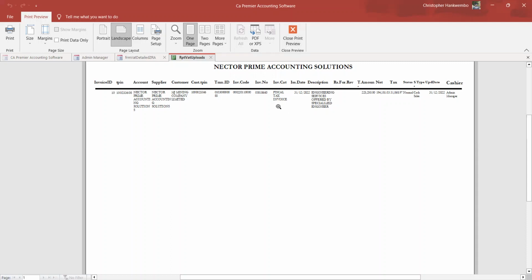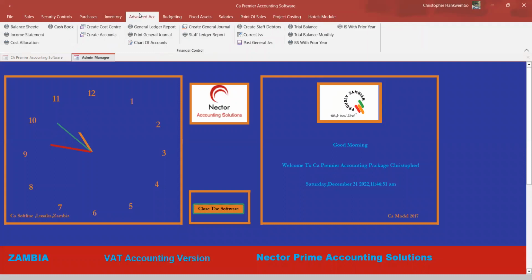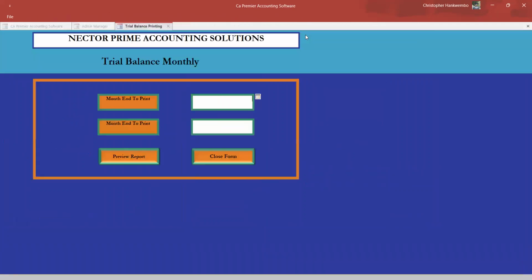This report is used by those people who want to compute their VAT at the end of the day, so that you are able to see properly there. Then after that, the same analysis goes on. Now, what about the accountant at the end of the day? You want to see how that entry goes into the trial balance. So that invoice, look at the way it has landed in the trial balance here.